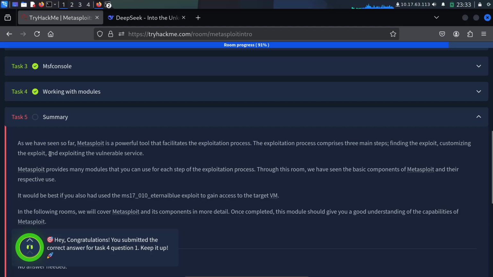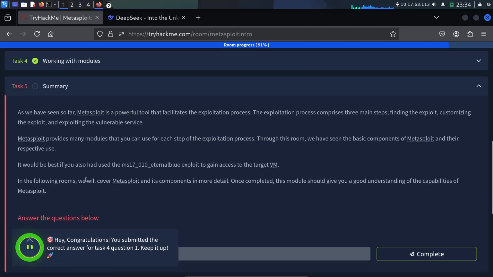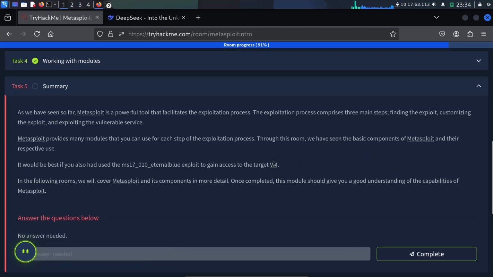Yes. As we have seen so far, Metasploit is a powerful tool that facilitates the exploitation process. The exploitation process comprises three main steps: finding the exploit, customizing the exploit, and exploiting the vulnerable service. Metasploit provides many modules that you can use for each step of the exploitation process. Through this room, we have seen the basic components of Metasploit and their respective use.